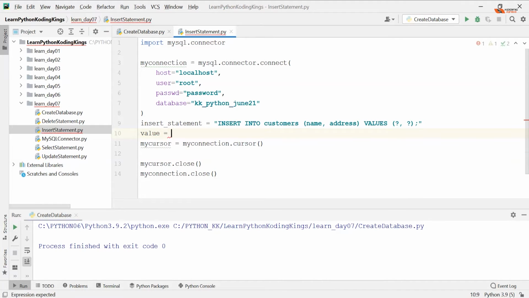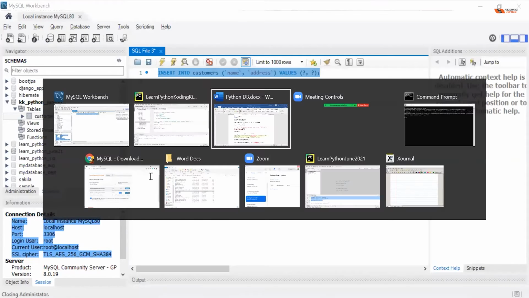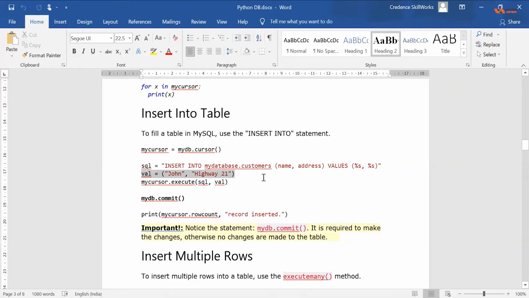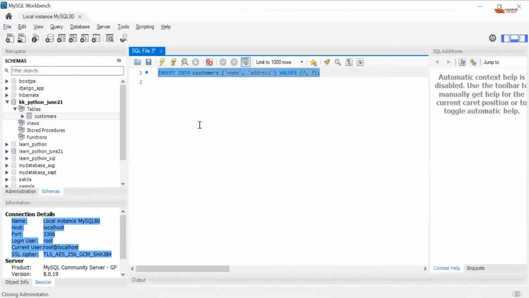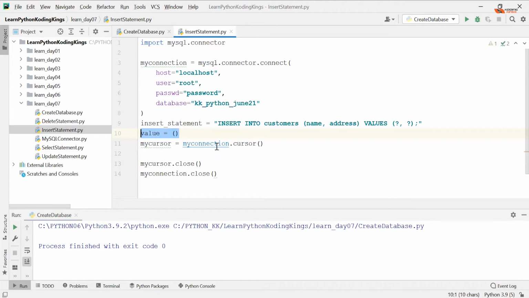a tuple. Okay, so value, you create a tuple, and tuple can be something like this. You are creating a value tuple, okay, and that's it. You pass it here. So here value John and highway 21. These are the values that will be passed. John is name, address is highway 21. That's it. The command is mycursor dot execute. Pass the insert statement,